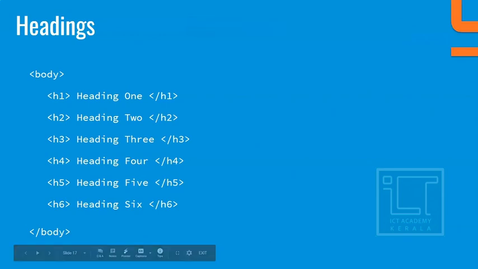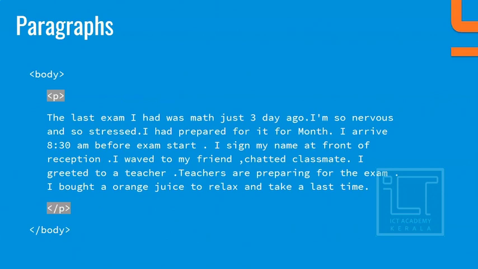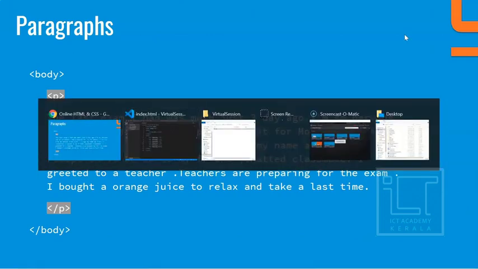Okay. Now, next tag that I would like to take you through is the paragraph tag. Paragraph tag is a very good tag. Usually, in order to give a sentence, a line, or a group of lines, that is usually called a paragraph. So we can write a single line or a group of lines, which is usually called a paragraph, inside this P tag. Okay. So paragraph tag, which is usually represented as a P tag.